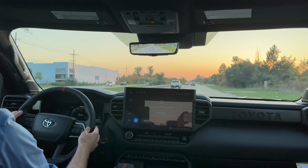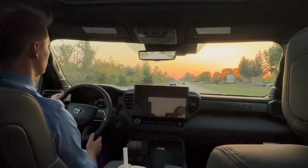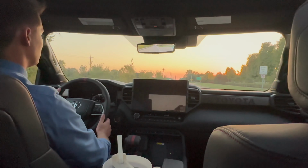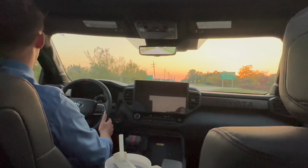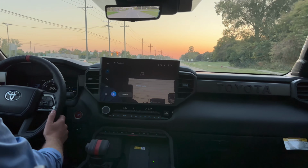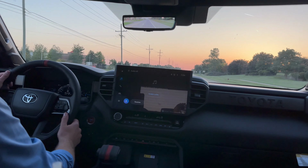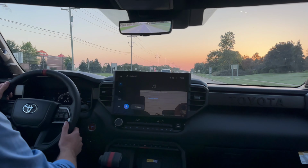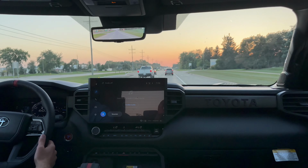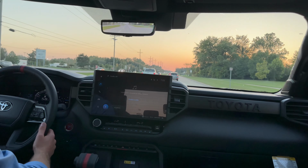Getting up to speed from a turn, this Tundra delivers very well with the new 3.5 liter hybrid V6 that puts out an enormous amount of power, 437 horsepower and 583 pound-feet of torque. This really gets the job done, whether it's hauling or towing or just if you need to pass a slow person on the highway. This Tundra has a very nice purr to the engine, and the 10-speed automatic shifts very smoothly and quickly. We will have a transmission evaluation a little bit later in this video, but for now,